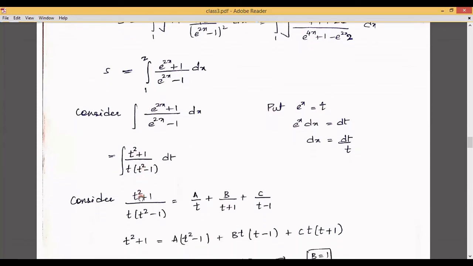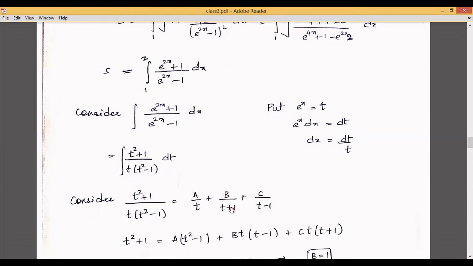And I have used partial fractions, I suppose. You call this partial fractions. So I have just split that. You just consider this like A by t, the first one, plus you have two methods here. I've used the formula a square minus b square and written t plus 1 into t minus 1, so that I've written B by t plus 1 plus C by t minus 1. Or else you can write Bt plus C divided by t square minus 1. You can do that also.